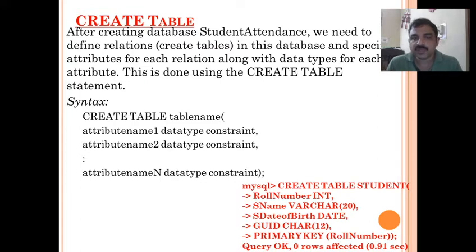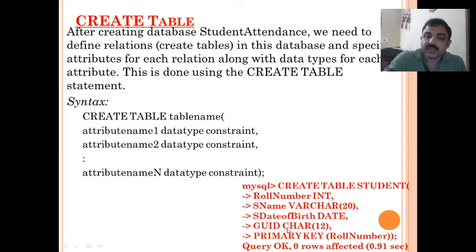So once you create a database, we need to create a table. How to create a table? Create. You can see the example here. Create table, name of the table, then open bracket and specify the column names: roll number, and what is its data type, whether it is integer. Separate by comma, then name, specify the data type varchar 20, then comma, then date of birth, date, comma.